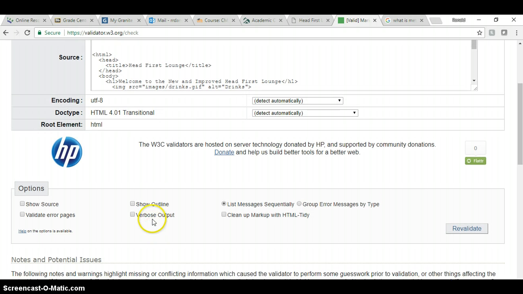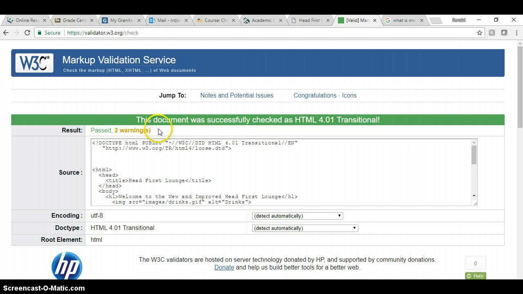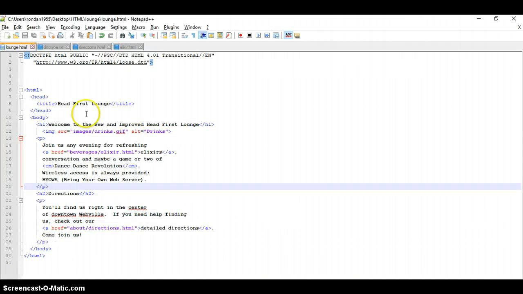All that's saying is it recommends that you tell the browser which type of data you're using, and in this case we're using metadata. So I'm going to fix one of these warnings, and I'll show you why we can't fix the other one, but it's very simple. So I'm going to go back to